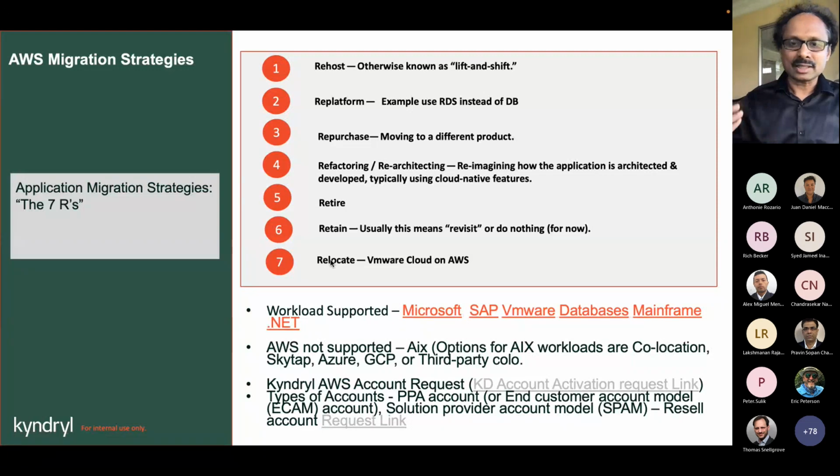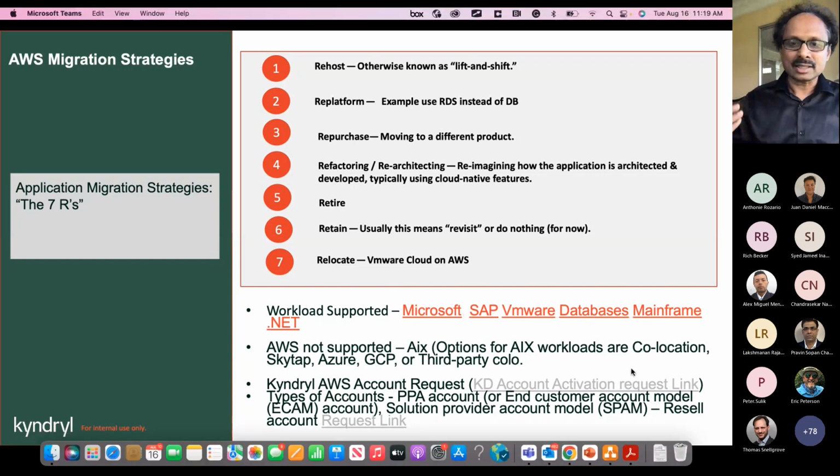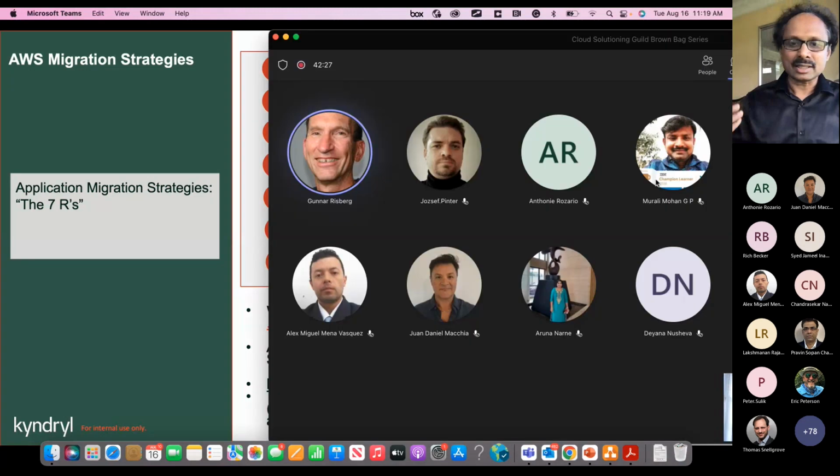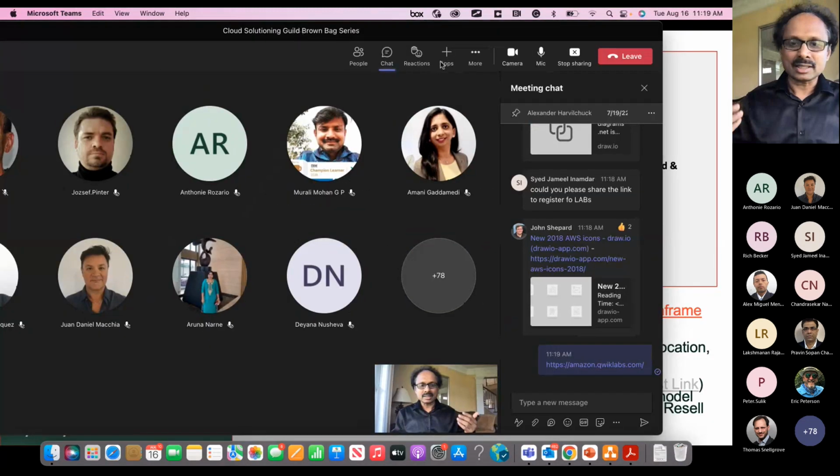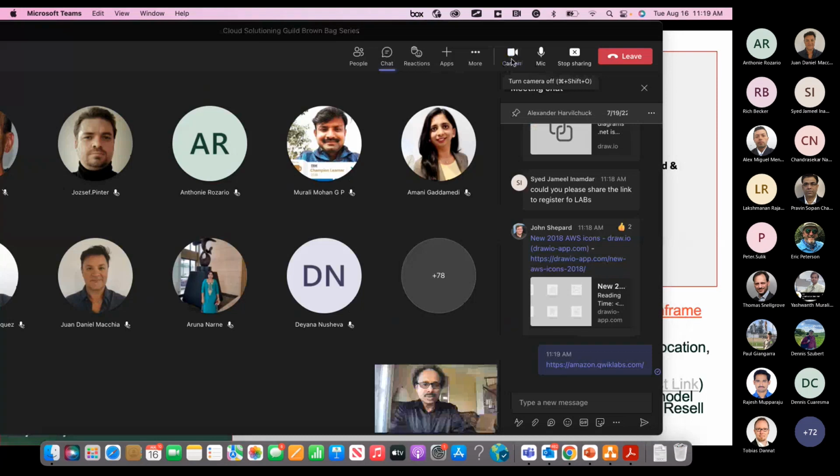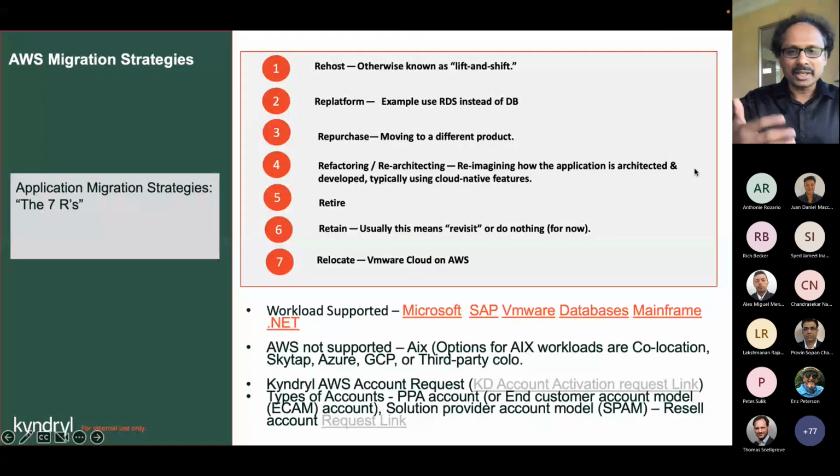Relocate means you utilize VMware Cloud on AWS and do a vMotion of the VMs from on-prem to AWS. That means absolutely no changes, so it works without making any changes to your application. It works fine.